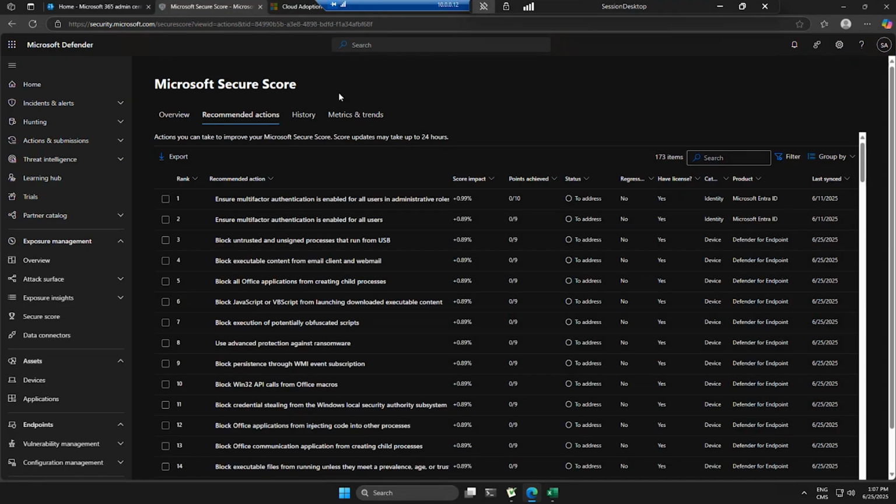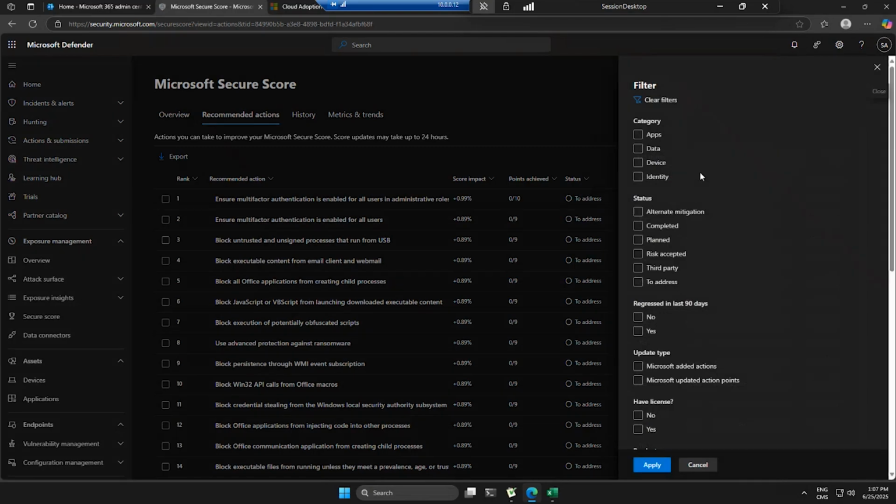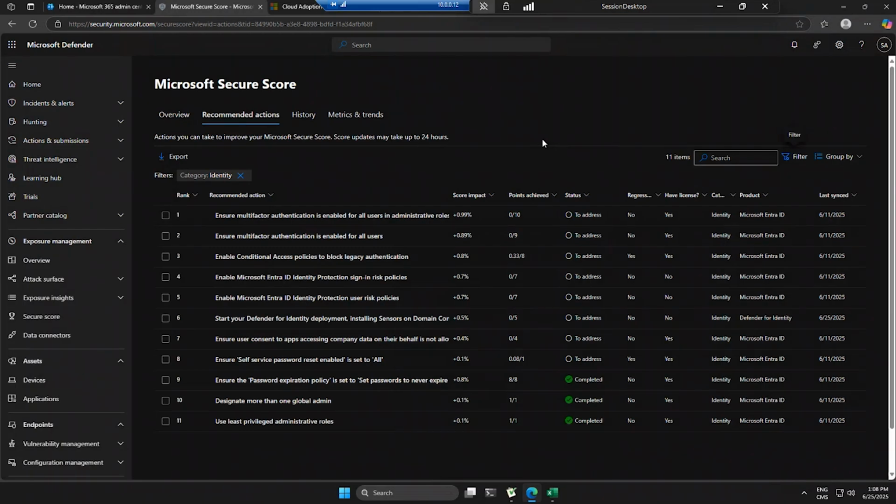So by default, we see all of those 4 different categories, but let's say we wanted to concentrate for the time being on just the identity portion of things, then we could certainly filter just by identity. And that would give us an opportunity to at least address anything related to identity, anything having to do with identity verification, those authentication mechanisms, thinking of implementing conditional access, thinking of imposing MFA, let's say, on all users. So here in this case,